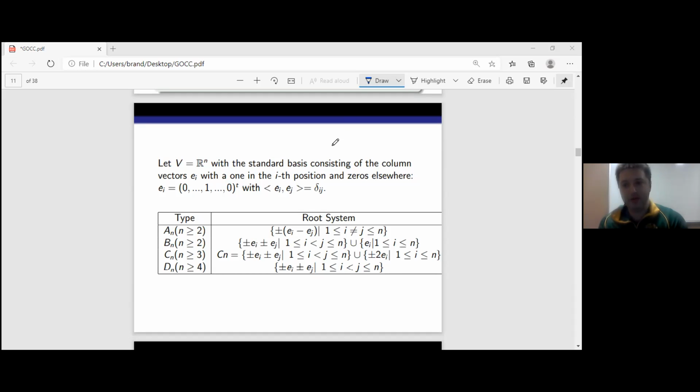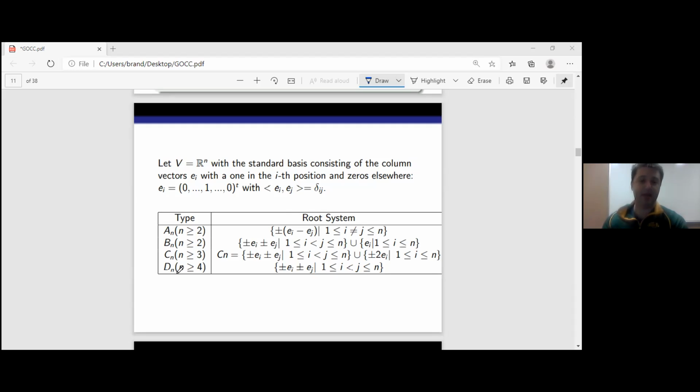So we denote our vector space as V equals R^n, and you take the standard basis. You let e_i equal 0 for all entries except for the ith entry, which is 1. And you let the bilinear form (e_i, e_j) be the Kronecker delta, so if i equals j, it equals 1. Okay. And it's well known that Coxeter groups through V to GL_n(V) are going to have the corresponding root